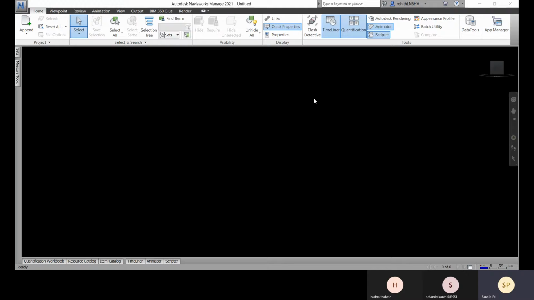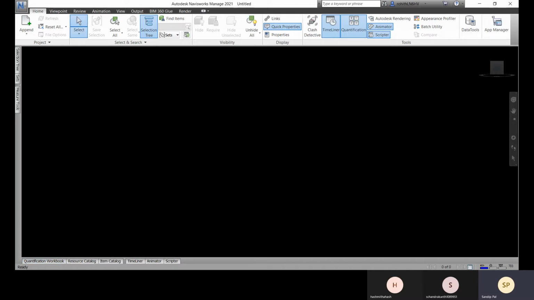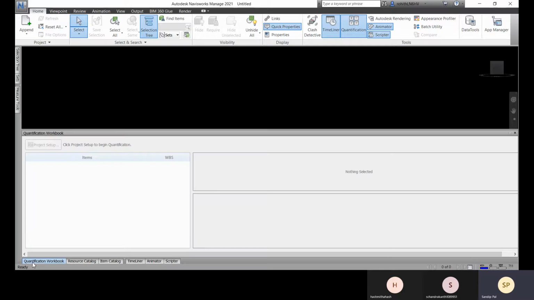So for that we have the quantification option. This is the option, and for that we have a shortcut, Control F8. You can activate it with Control and F8, and right now you can see it is deactivated. Again, if you press Control F8, this is the window here, and here you can also see the quantification workbook is